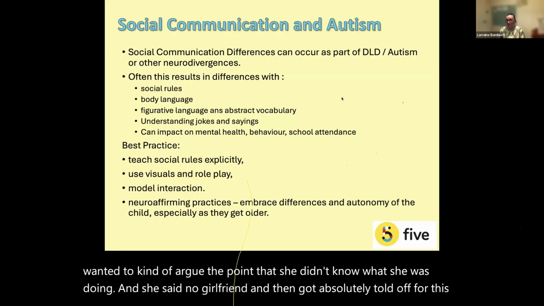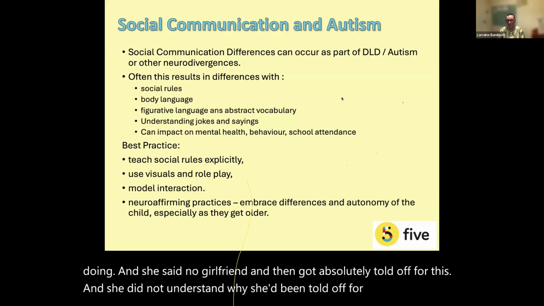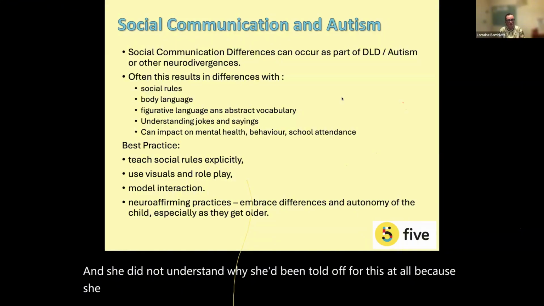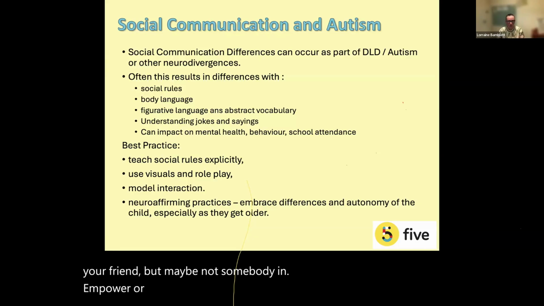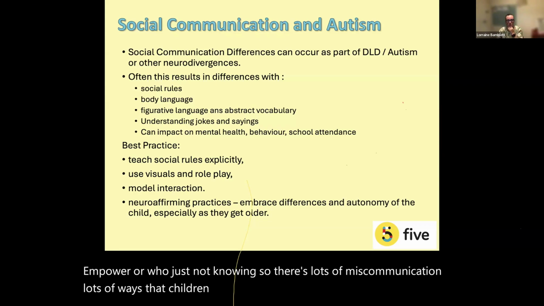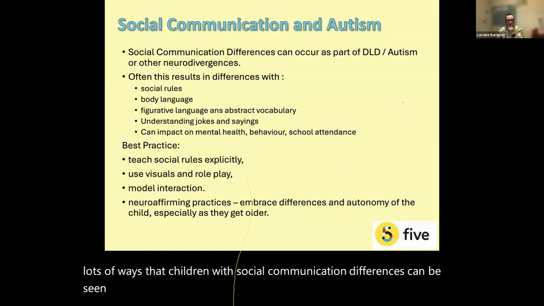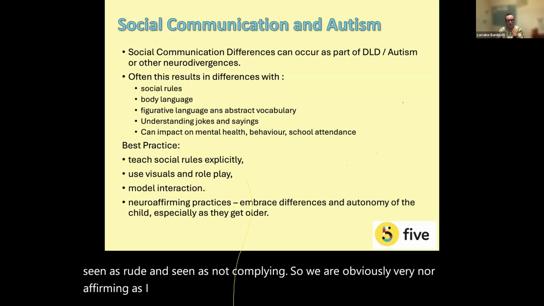And she did not understand why she'd been told off for this at all, because she hadn't understood those differences between, you would say that to your friend, but maybe not somebody in power, or who she's just not knowing. So there's lots of miscommunication, lots of ways that children with social communication differences can be seen as rude and seen as not complying. So we are obviously very neuroaffirming,